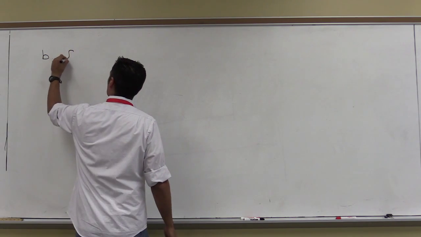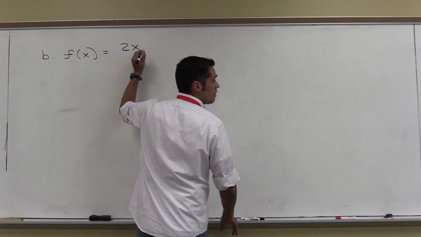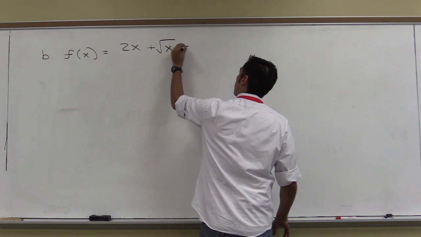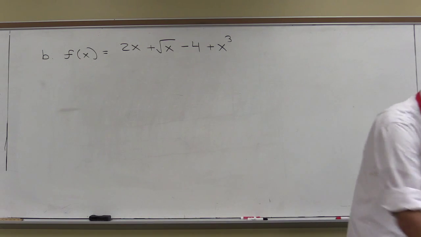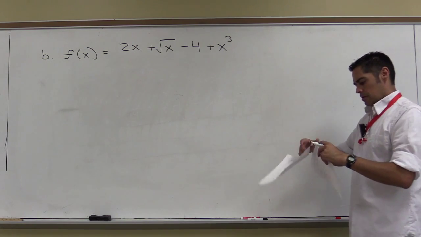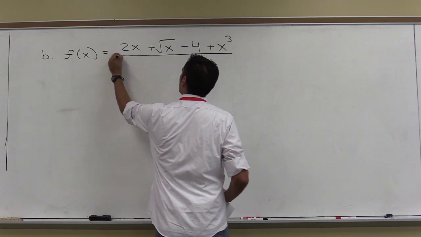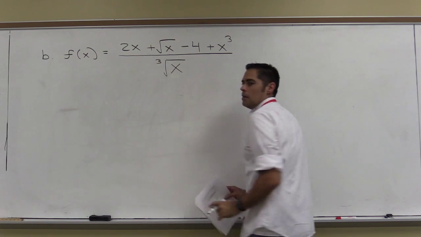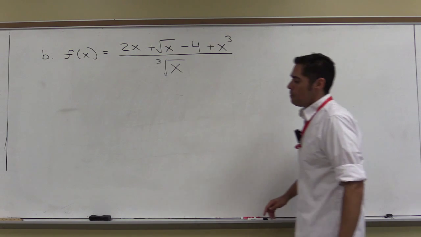All right, the next one, little f of x is 2x plus root x minus 4 plus x cubed over cube root of x. Now, yeah, I'll put cube root of x. You must be very careful here because